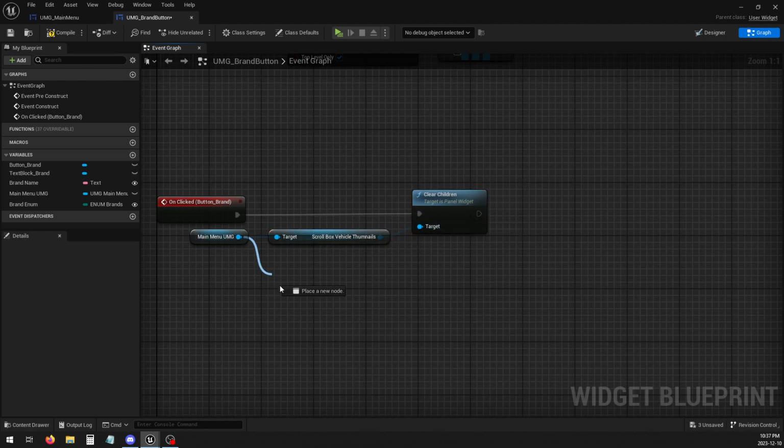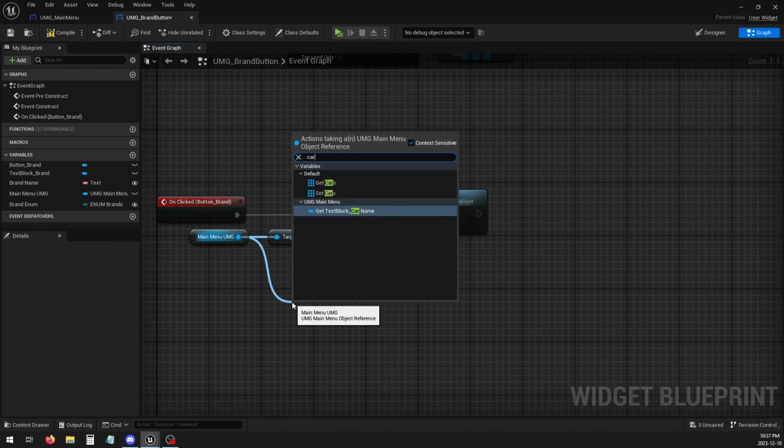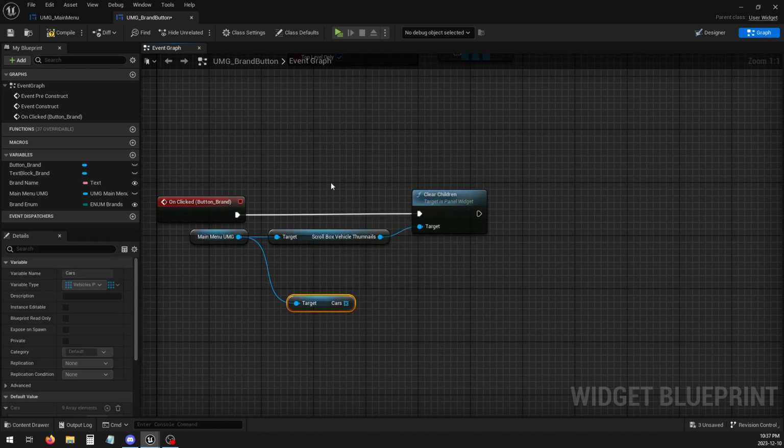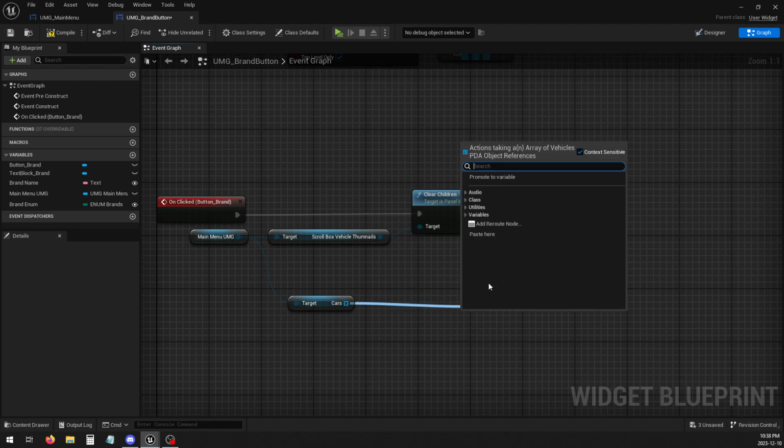And after that, let's get the car array, and then for each loop,